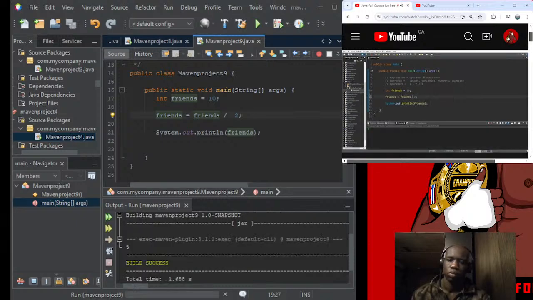Now the modulus gives you the remainder of division. So we have 10 friends. What if we had modulus 3? Well, that does not divide evenly. So we're going to have a remainder of